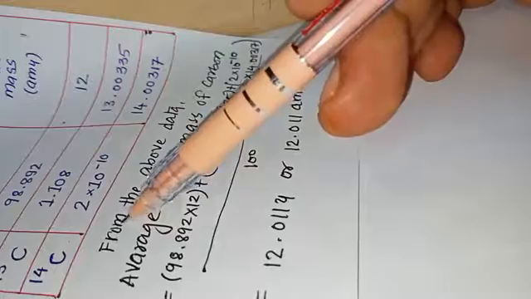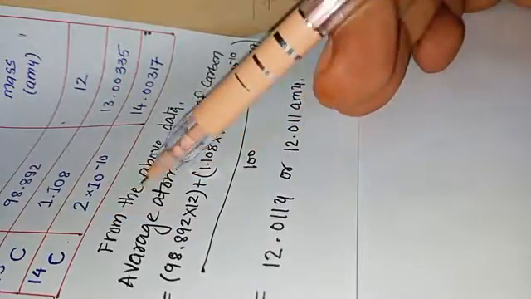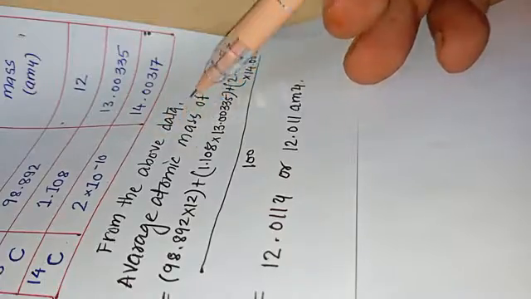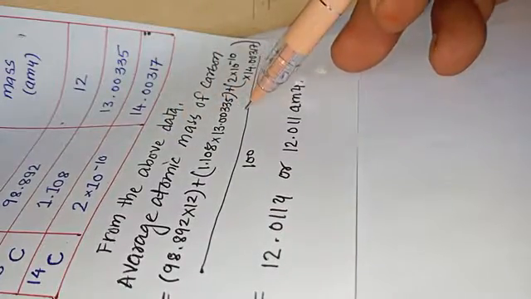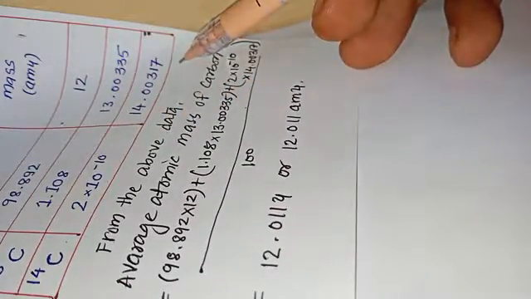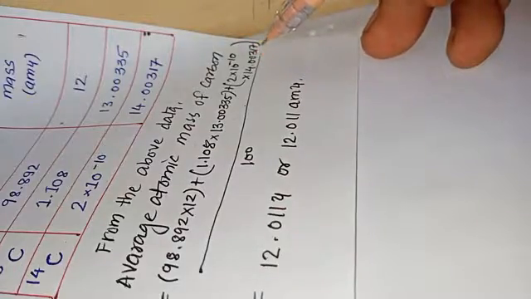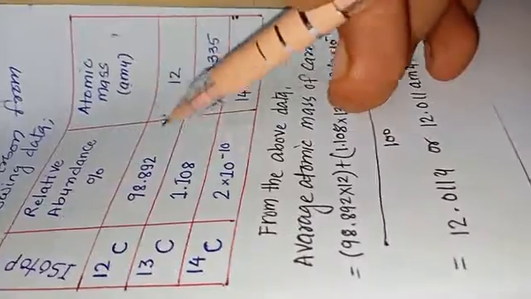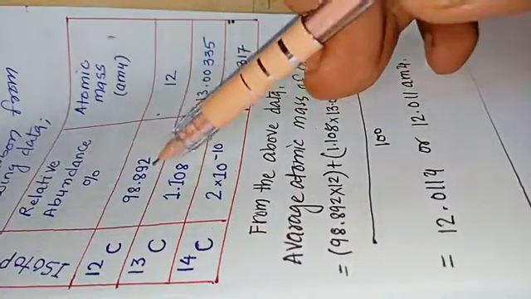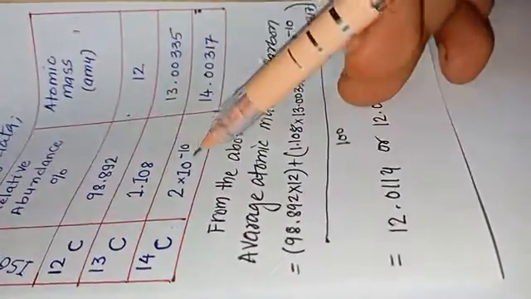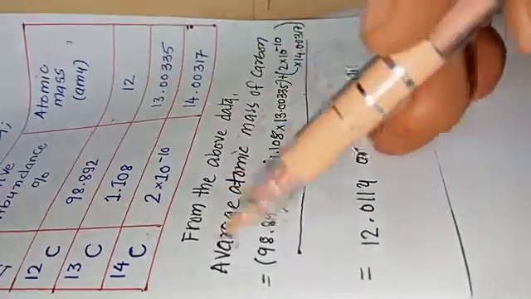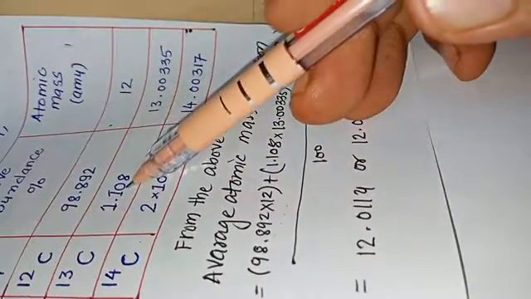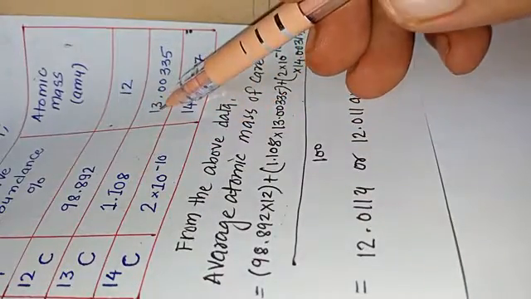From the above data, the average atomic mass of carbon we can write according to the formula. The formula is percentage of isotope 1 multiplied by the atomic mass of isotope 1, percentage of isotope 2 multiplied by the atomic mass of isotope 2, percentage of isotope 3 multiplied by the atomic mass of isotope 3, divided by 100. So the same values we put here: percentage of isotope 1 multiplied by atomic mass of isotope 1, that is 98.892 multiplied by 12,